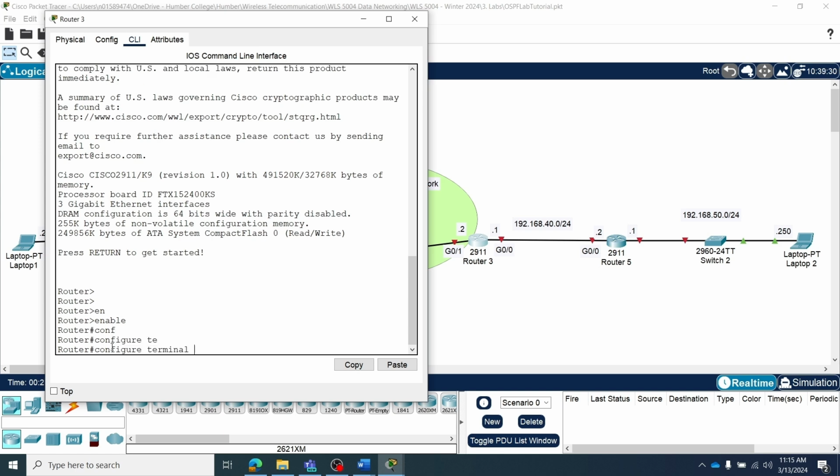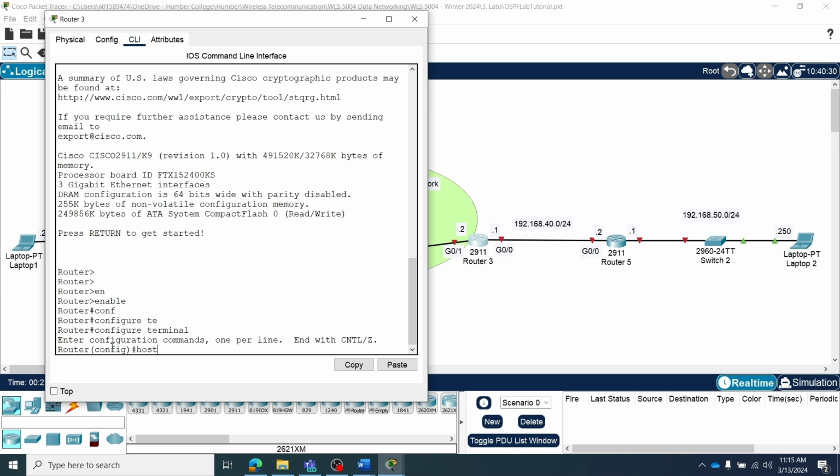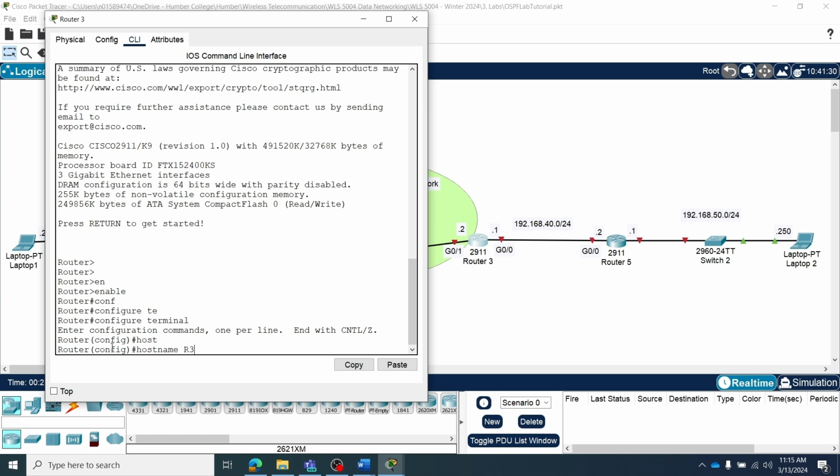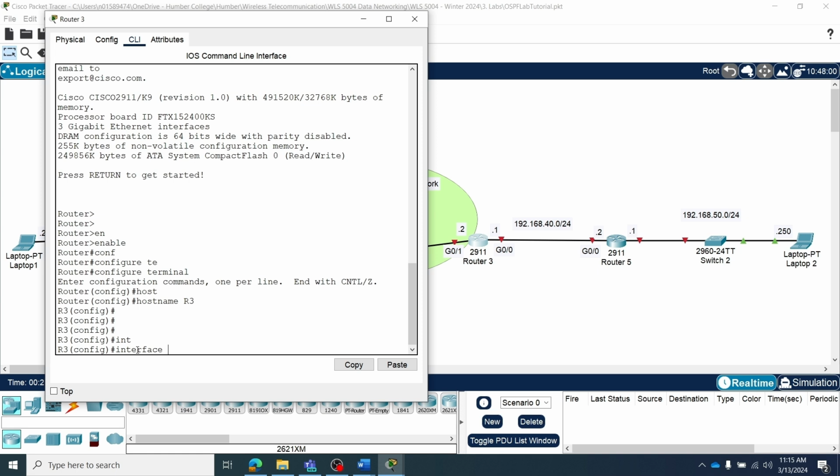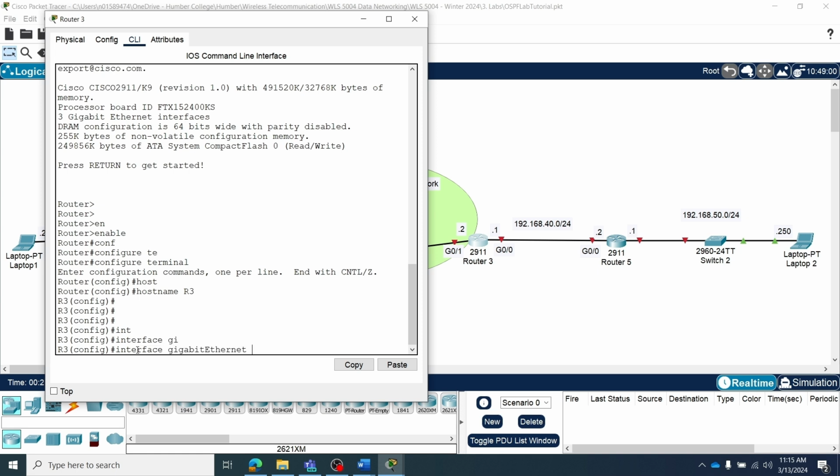Config terminal, hostname router 3. Now assign the IP address to gigabit Ethernet 0/1 first. So interface gigabit Ethernet 0/1,